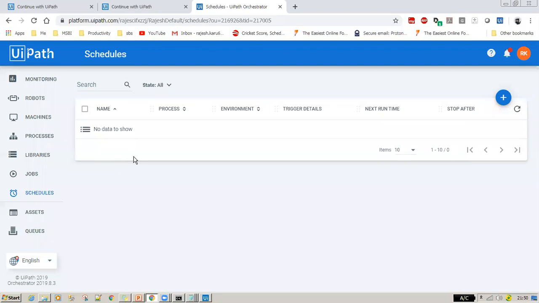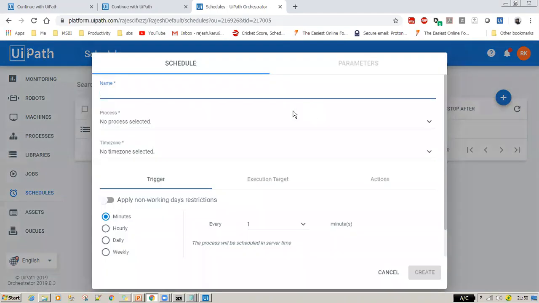Say tomorrow your business will come and tell you, hey, there is an issue with our application downtime, so the application is not running, let's disable the bot. So how do you do it? You need to go to your schedules. Let me create it one more time. I will show you how to disable all that also. You don't do all these administration things, but it's always good to know actually. So I will show you how to disable this.